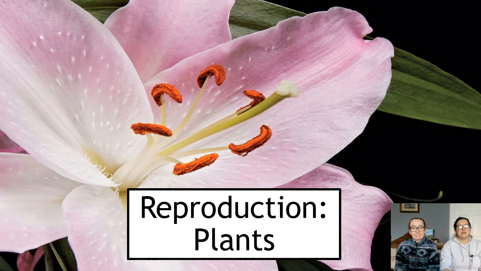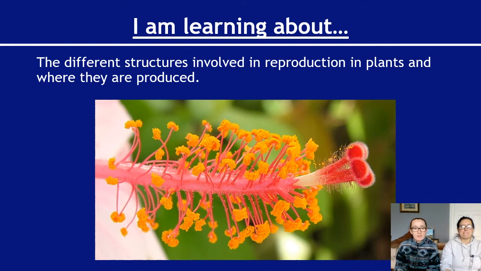Hiya! Okay, so we're on to, again, still on key area 3 of unit 2. This is section 2 of reproduction, which is about plant reproduction. Super short, super quick. We'll make it very quick. Okay, so in this video we're going to learn about the different structures involved in reproduction in plants and where